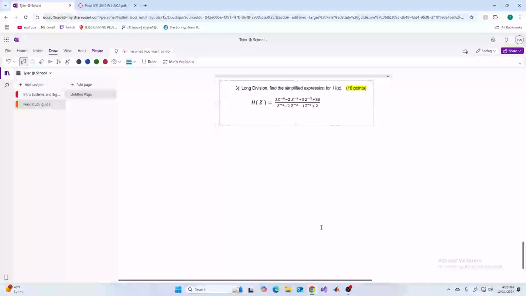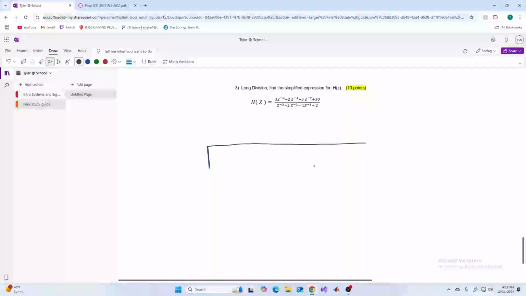Using long division, find the simplified expression for h sub z. So the first thing we're going to do is write this out. Let me go to black. We're going to write this out. The top, or the numerator, goes on the inside. So I'm going to have